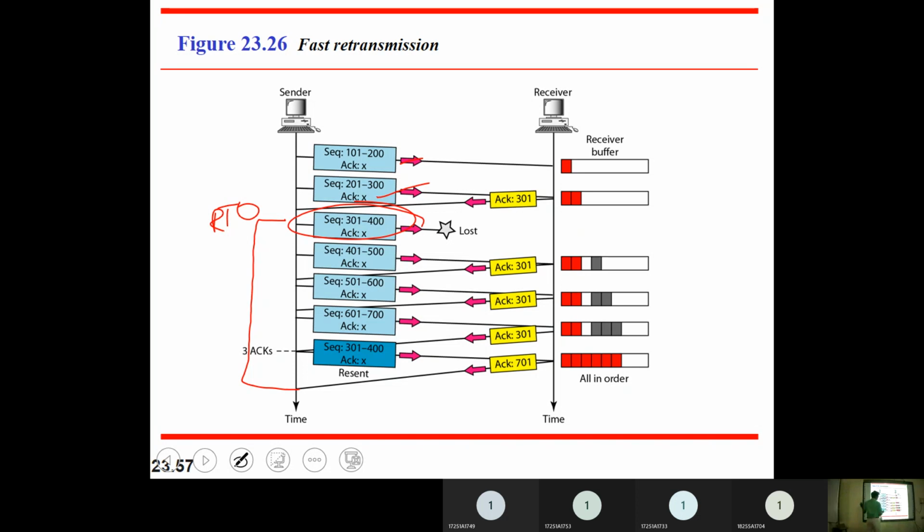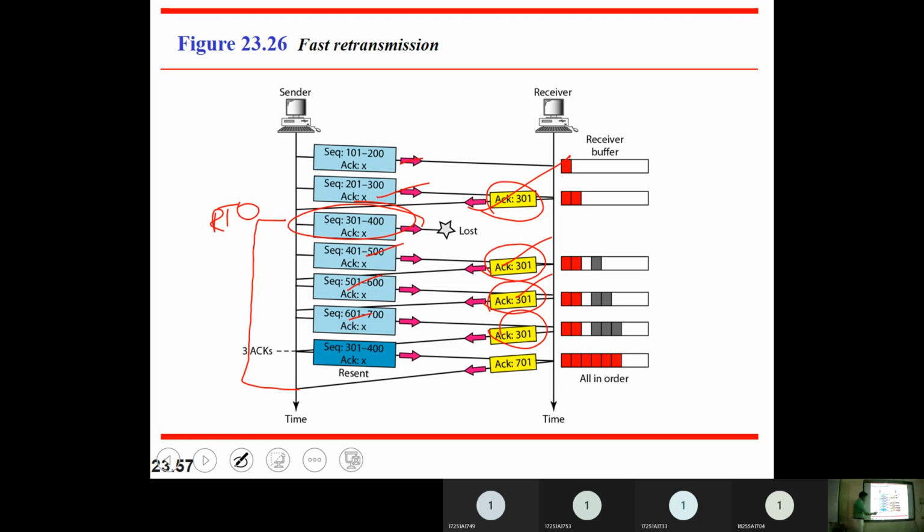So I have sent this one, I didn't get any acknowledgement. I have sent the next one, next one, next one. But I am always getting the same thing: I am expecting 301, 301, 301. So in total how many times did I get it? 4. Out of these 4, one is original. This is the original acknowledgement. These are duplicates because already I have sent it.